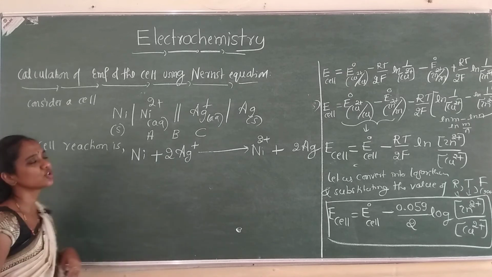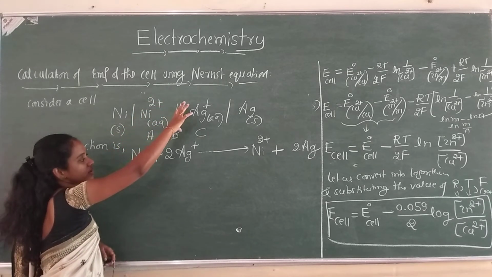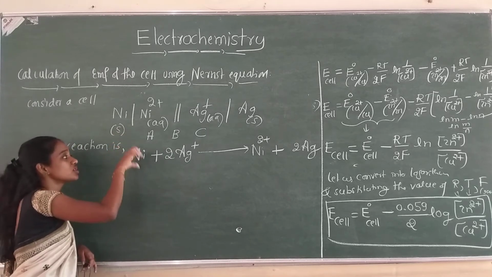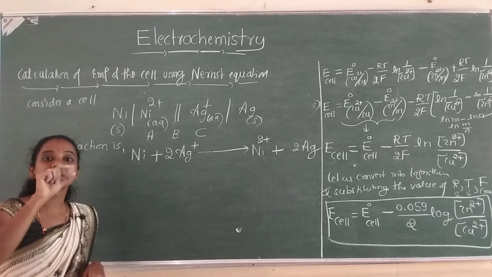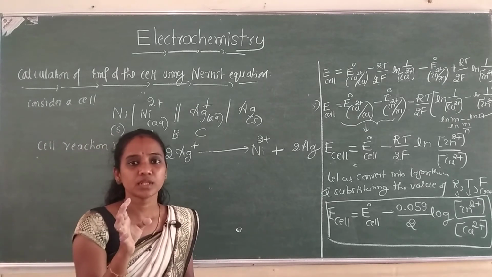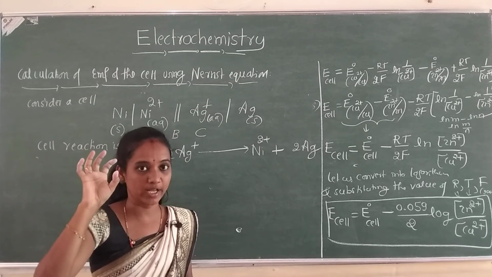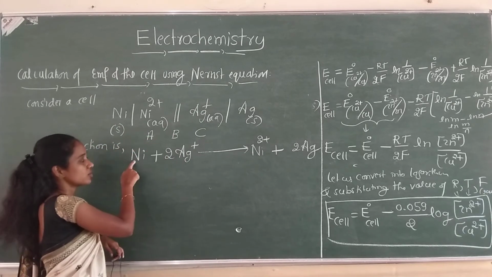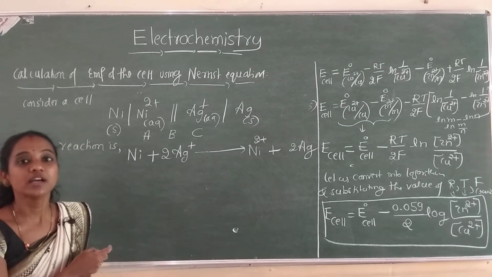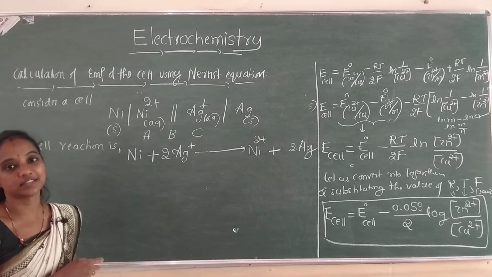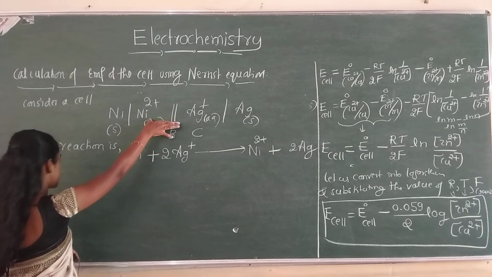Very important. You should understand this well. For example, they give a cell. Based on that we have to write, we are in a position to write both. How to write the cell reaction, and then in the exam they ask about half cell reactions. They may give a cell, okay. And based on that you have to write the cell reaction as well as half cell reactions or electrode reactions. Very important. So this is the cell reaction for this particular cell.